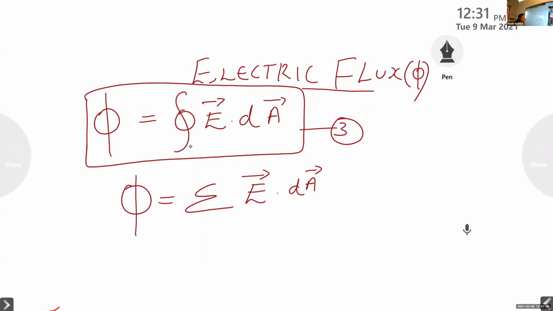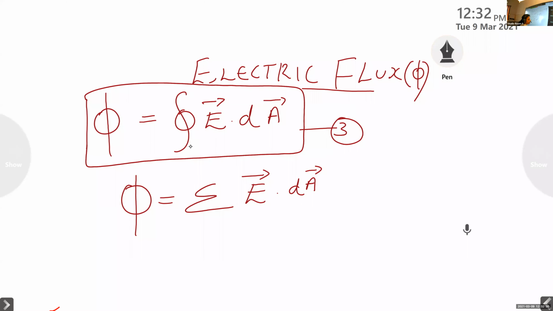So here we are discussing the electric flux phi. What do you mean by electric flux? Nandana, what do you mean by electric flux? Total number of electric field lines in a given area. Yes, the total number of electric field lines passing through a given area is known as electric flux. Achyut, how do we represent electric flux, using which letter? Phi. Yes, phi. Okay, very good.